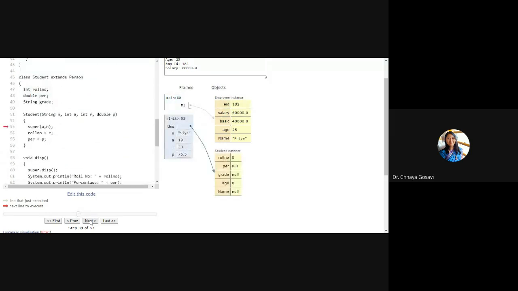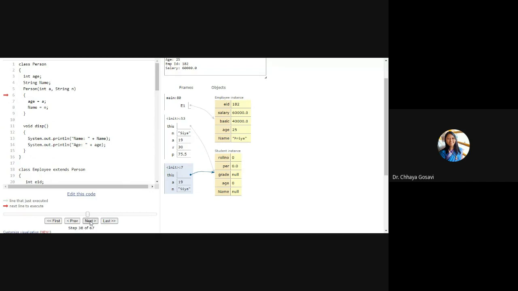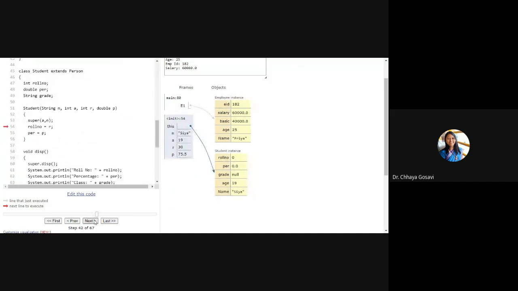So this is an object of the student class. The object is getting initialized for student. Note that for a student object, these are the variables: roll number, percentage, grade, and age and name, which are inherited from the person class. So name is Sia, age is 19, roll number is 30, percentage is 75.5.